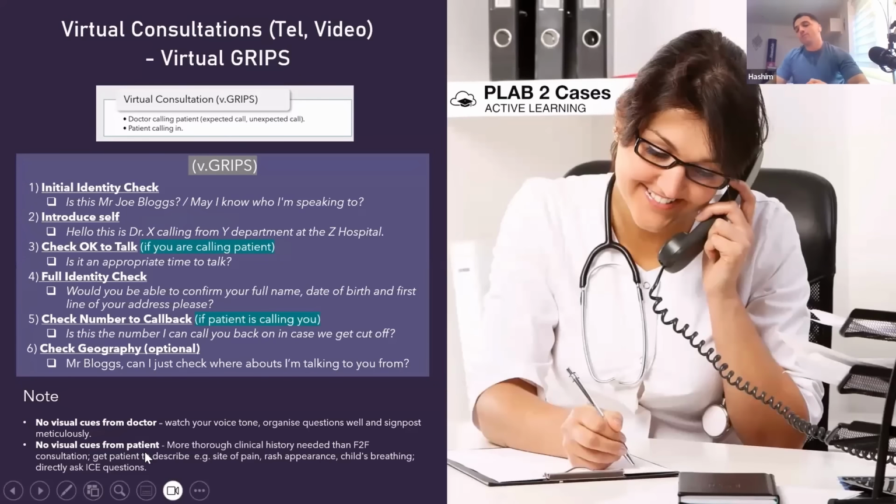Similarly, you're not getting verbal cues from the patient either. So you need to ask them to describe things in a bit more detail because you can't see them. If it's a rash, you need to ask them in a lot of detail. You can't just ask them to point to where the pain is. You need to ask them to describe exactly where it is. So there are other things to bear in mind, but generally for introducing yourself, which is the main thing I think most people are concerned about,